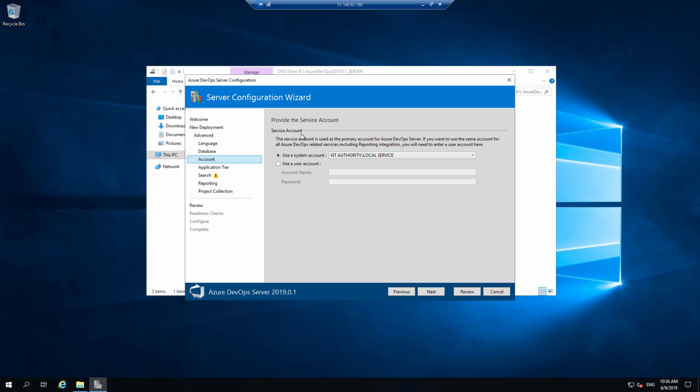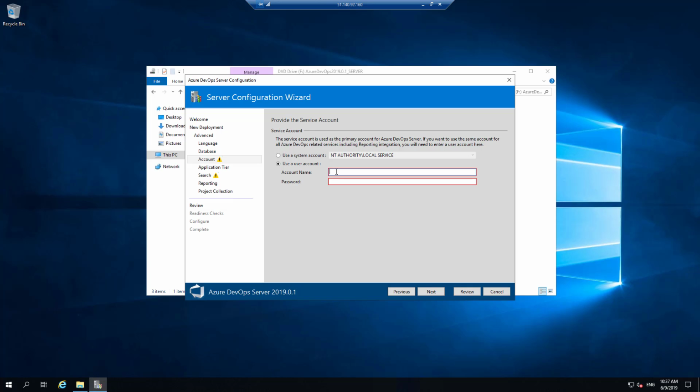Next, in this service account page or tab, you have to select the account that this server will be running under as a Windows service. You can select the system account, the local service account, but I won't recommend it, because you should have a dedicated domain or local account. Why? Because it really helps you, it's just, I would say, easy to manage the security of your deployments. Also, for automated testing or debugging you do later,